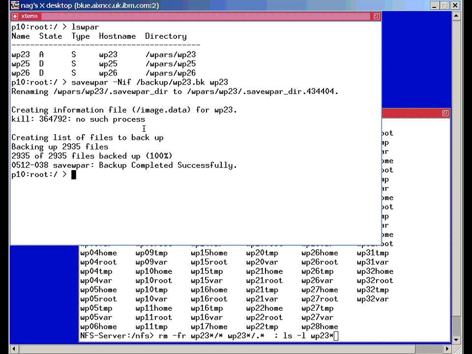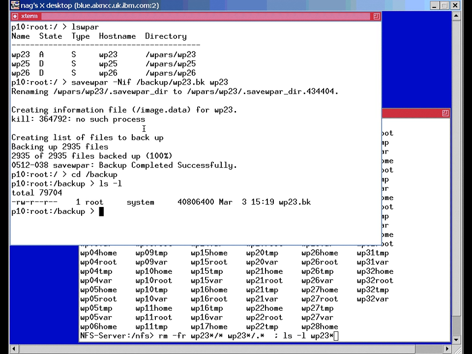And it's finished. Now that was quick, wasn't it? If we change to backup, we can find the file in here, and we'll find that this is just over 40 megabytes in size. That's a very small file, isn't it? Amazing, a whole copy of AIX, well, a miniature copy of AIX, a workload partition, is actually there in 40